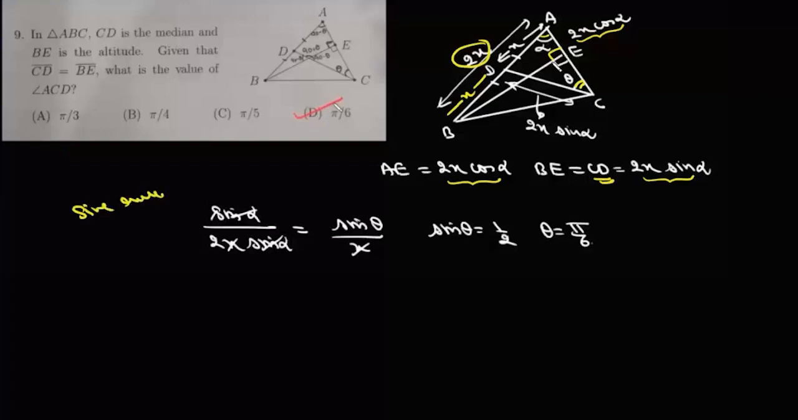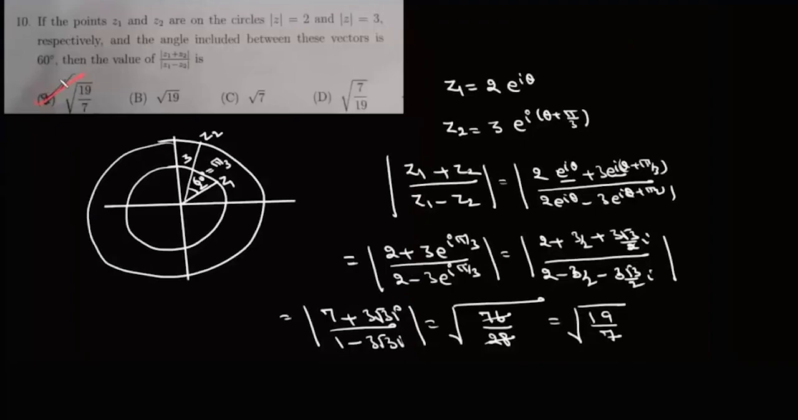So basically sine alpha upon CD, which is sine alpha upon 2x sin alpha, will be equal to sine theta upon AD, which is sine theta upon x. Here x will cancel, sine alpha will also cancel. We'll get sine theta as 1 by 2, which will give us theta as pi by 6, and that's your option D. Now question number 10, we are given two circles whose equations are